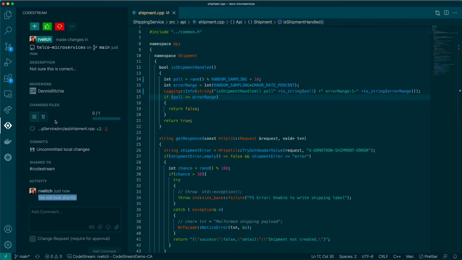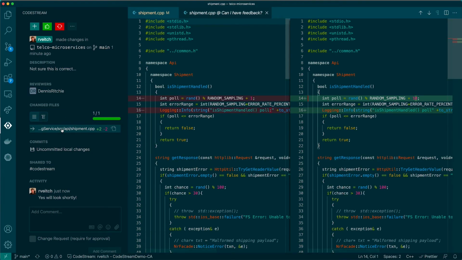Now when you come in here and whoever it is that's decided to review this code for you, in this case Dennis here, they can click here, they'll get the diff view, they'll be able to see what the old file was, what the new file is, and this doesn't interact at all with the version of this file that they have running locally on their machine. So you're not interfering with their code base, they're just reviewing what you have changed.